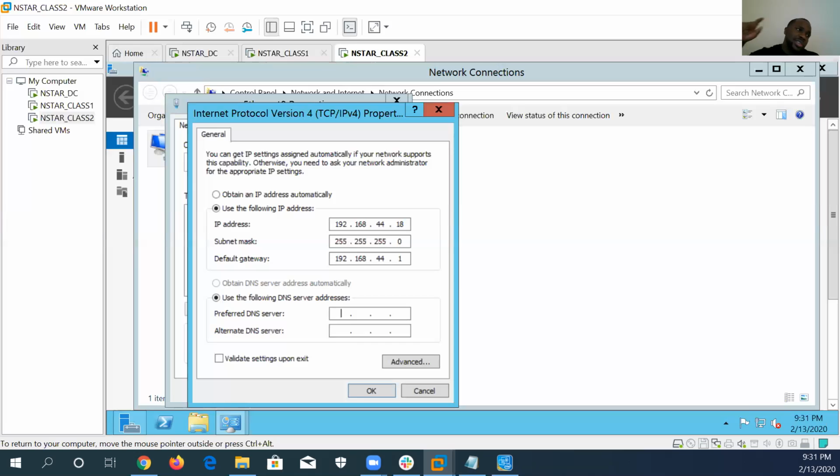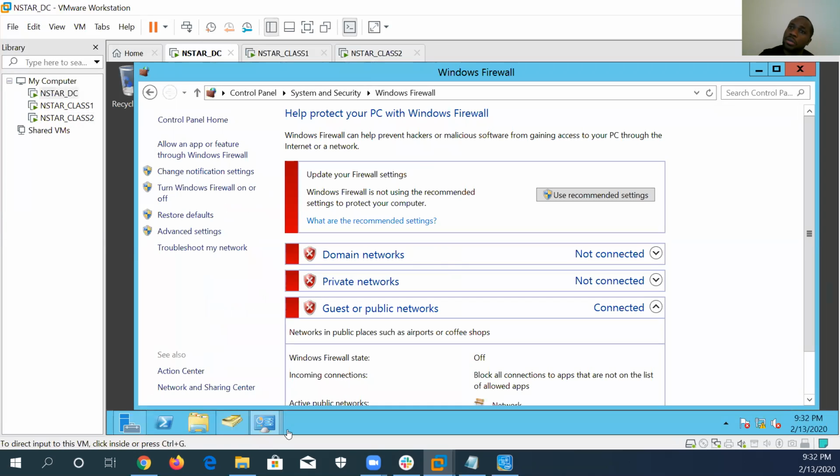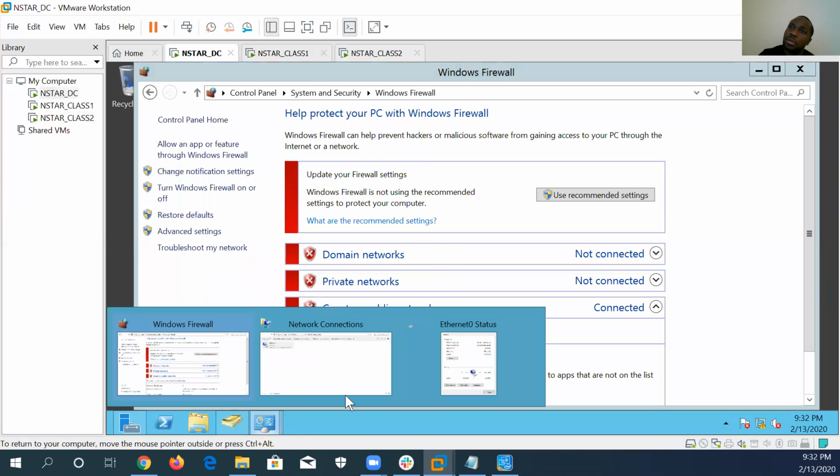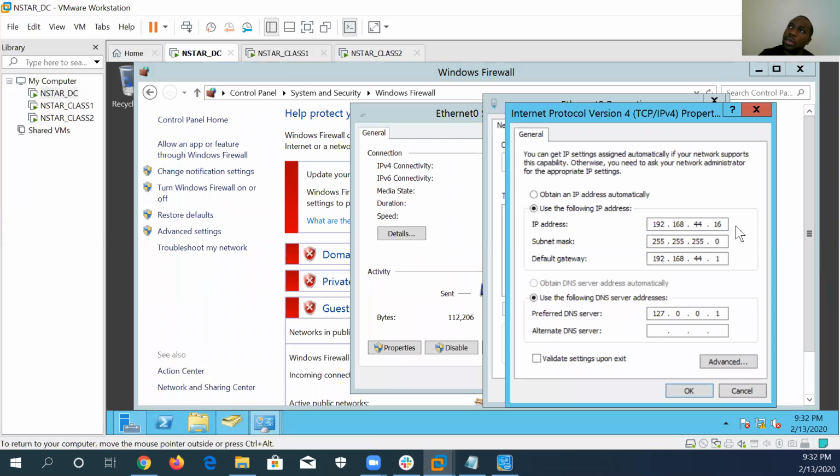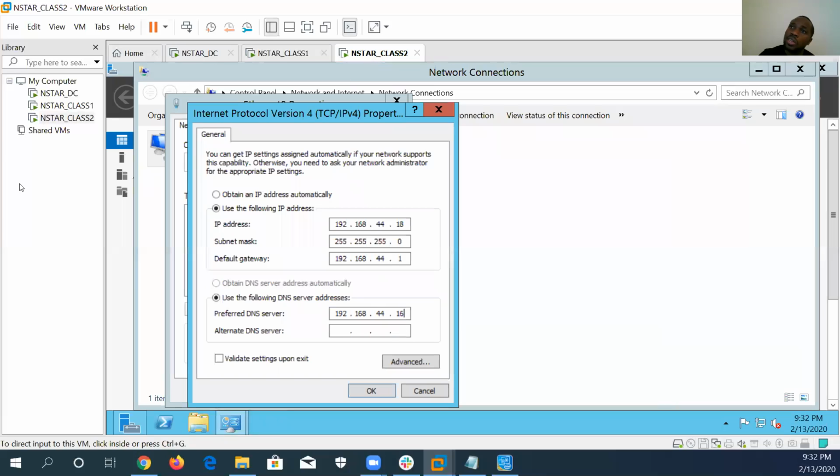Now, under your preferred DNS, you're going to use your Nstar DC IP. So the very first IP we use, just like we did last time, 192.168.44. Mine is 16. That was my Nstar DC IP. If you're not sure, you can go back and confirm, or you can look at the image. You can see mine is 16 right here. Yours is definitely 36. So hit OK